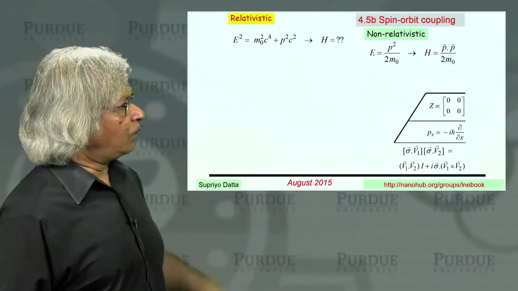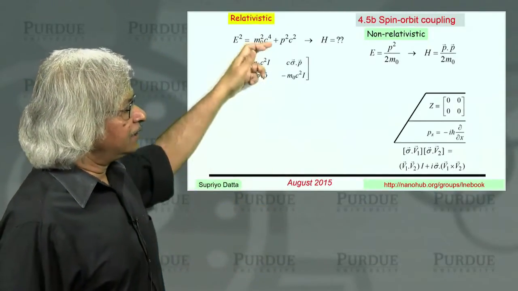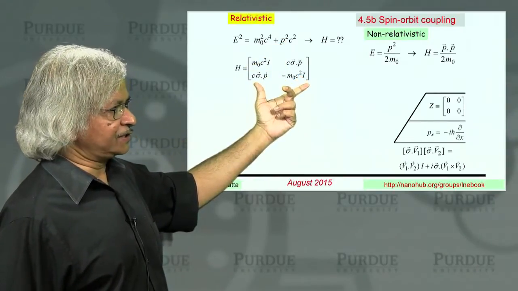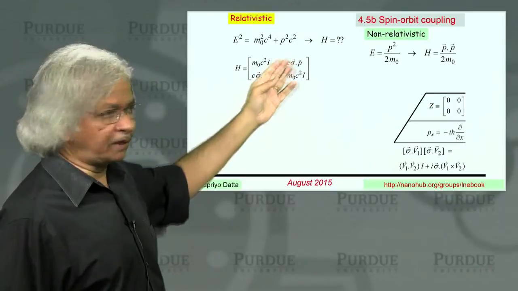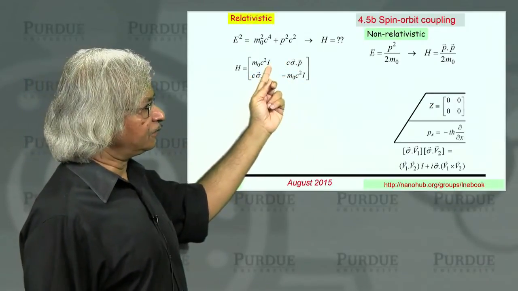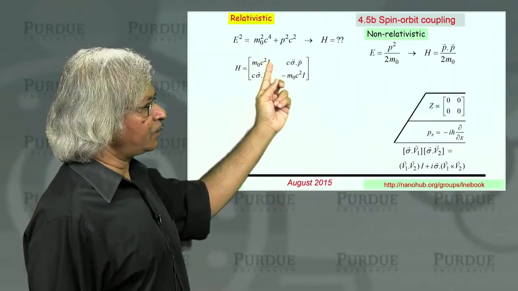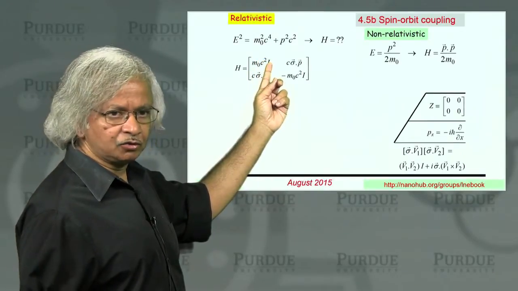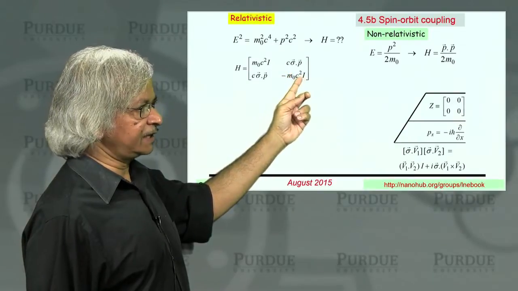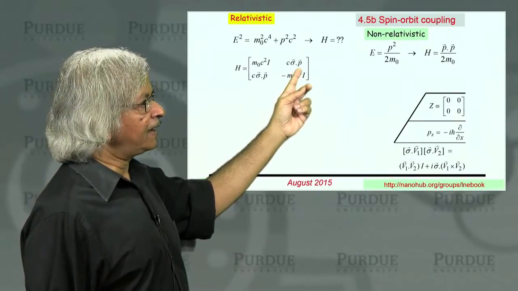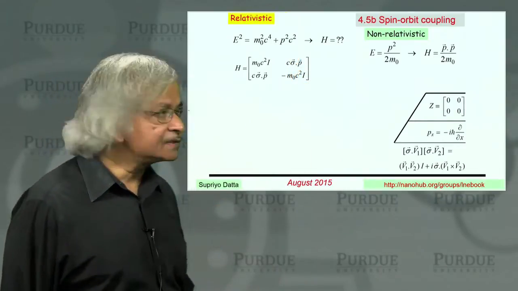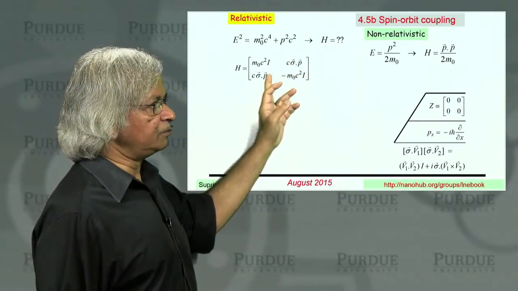Now, this is where what Dirac showed was that you could write a matrix like this, which is actually a 4 by 4 matrix in the sense that, although it looks 2 by 2, if you look up here, it's mc square times I, and I is the 2 by 2 identity matrix. Minus mc square I, that's again a 2 by 2 matrix. And this is the sigma dot p, sigmas being the Pauli spin matrices, and those are again 2 by 2 matrices.